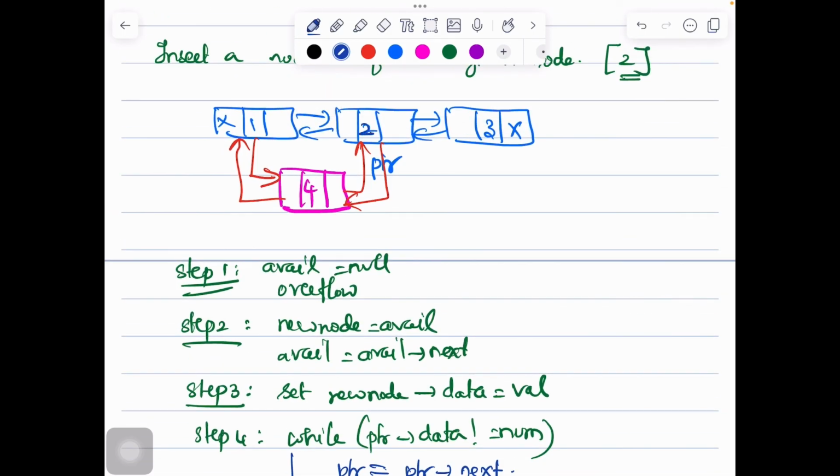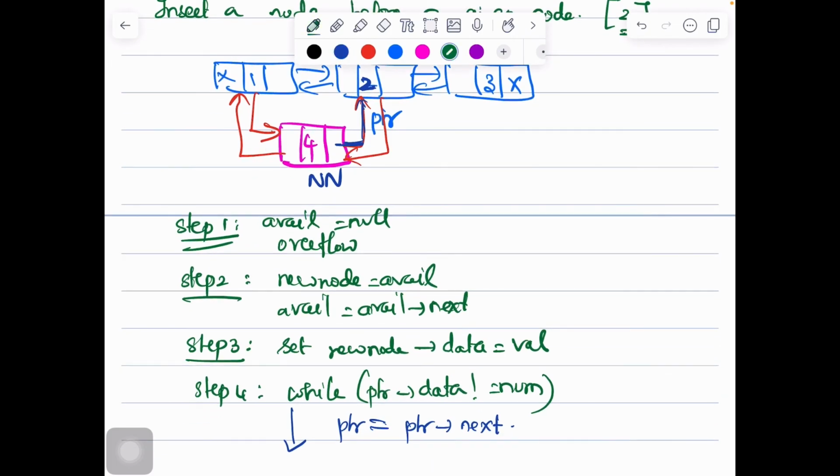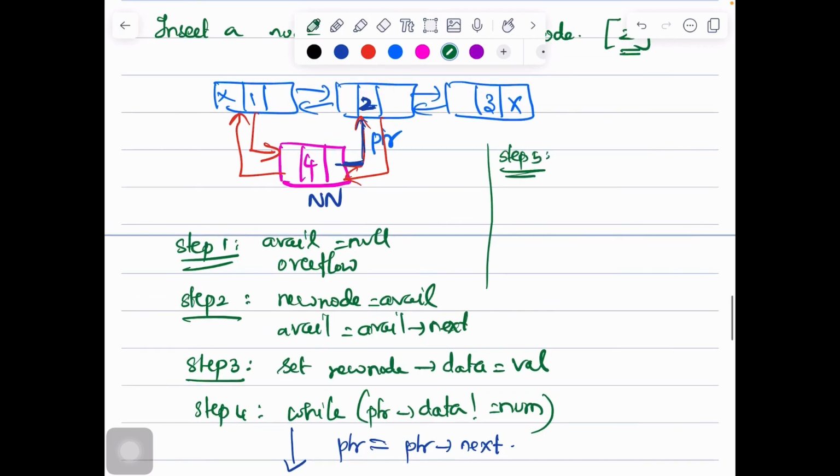If we find that the PTR's data is equal to the number, now we have to perform the insertion operation. How do we perform it? Say that this is a new node. We make the new node's next point to whom? The PTR. Okay, so let us write down this connection. In step 5, we write the new node's next points to the PTR.